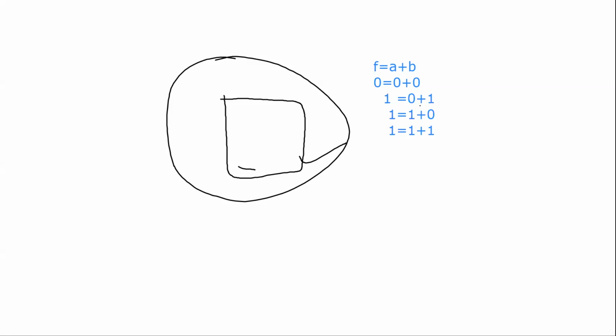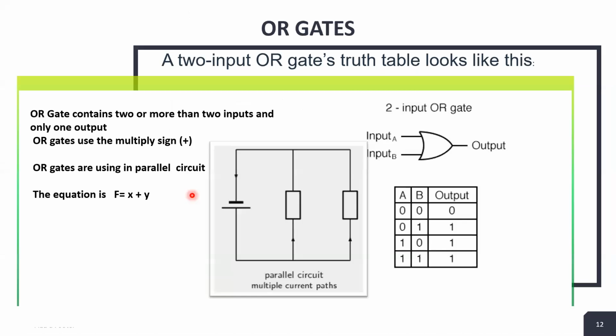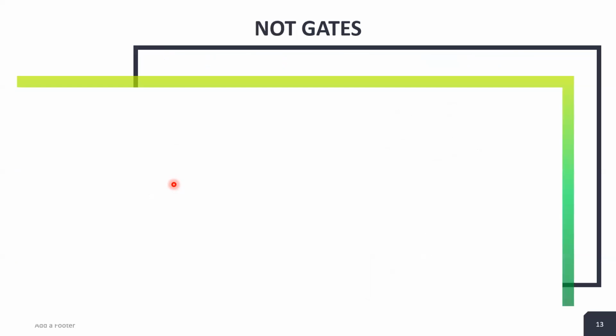Okay, move to the screen. Clear? Three 1s and a single 0. Guys, note down these things. Okay, the OR gate is a parallel circuit and the AND gate is a series circuit. This concept is not in your book. It is for your easiest way of remembering. Clear? And the next one is the NOT gate.